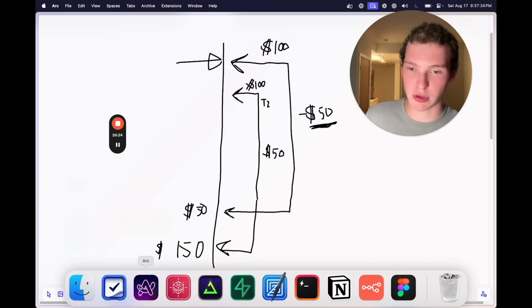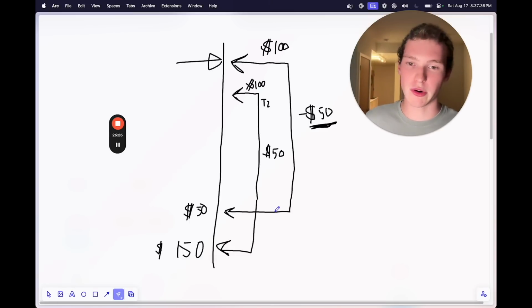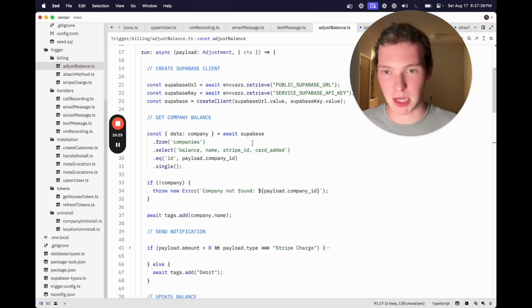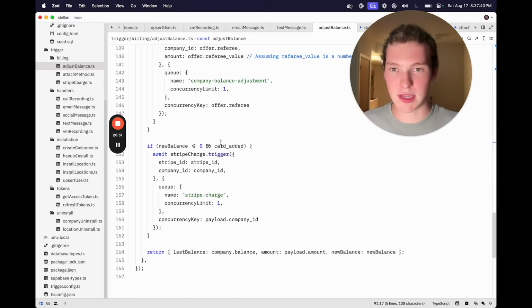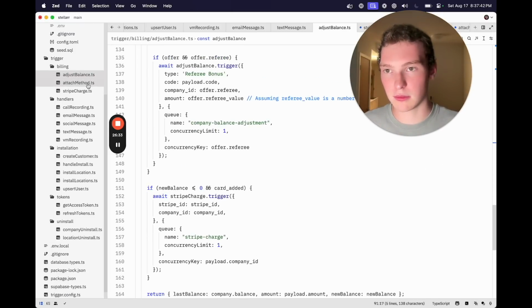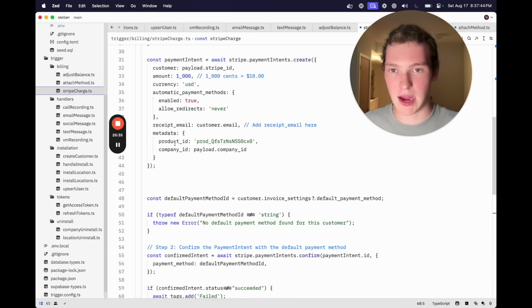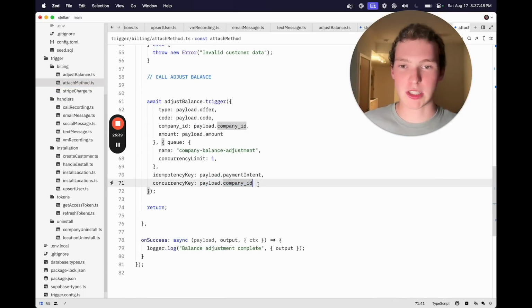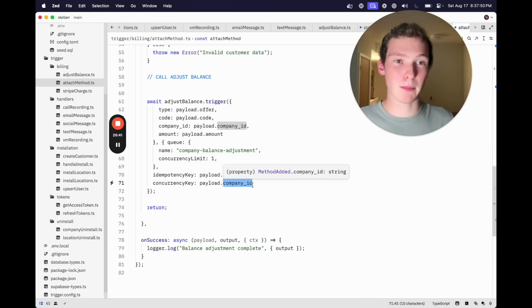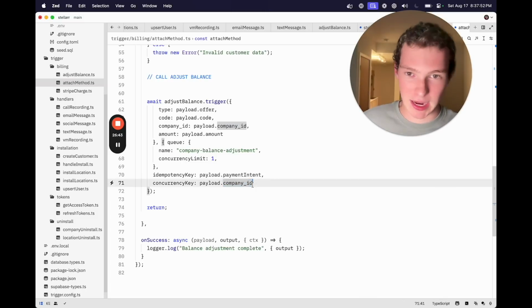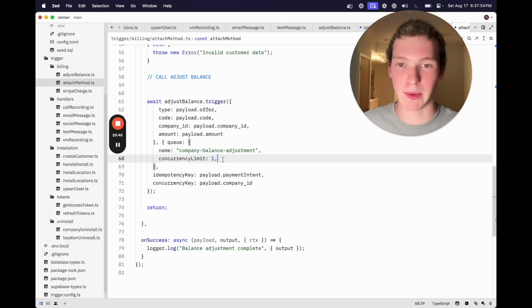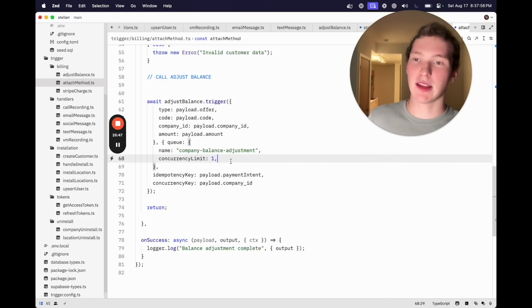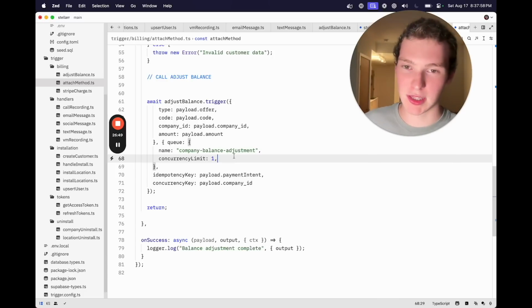And the great thing about Trigger is that stuff is solved for you. It's not gonna write to the database at the same time because we're using a concurrency key right here, which is the company ID. So for the same company, for the same balance value, it can't write at the same time. We have a limit of 1. And yeah, this video is already really long, but